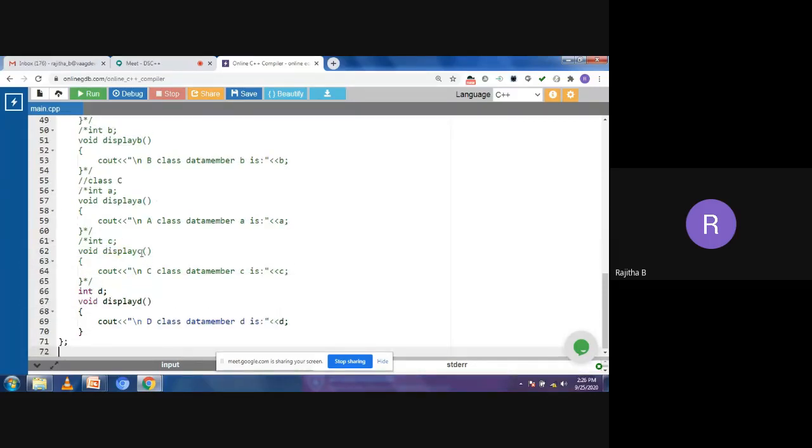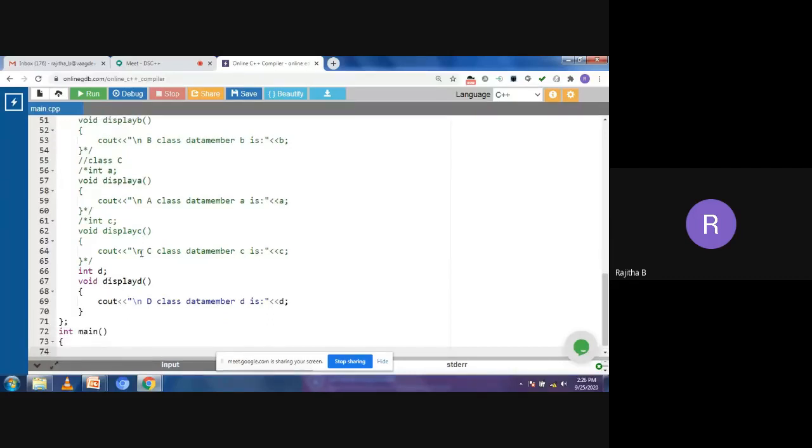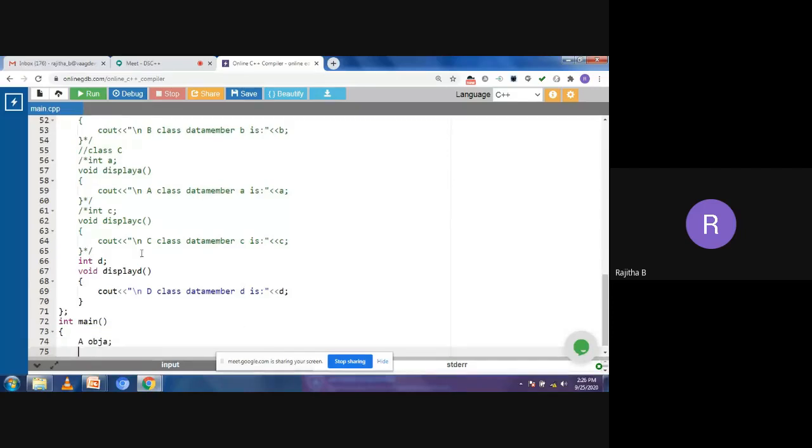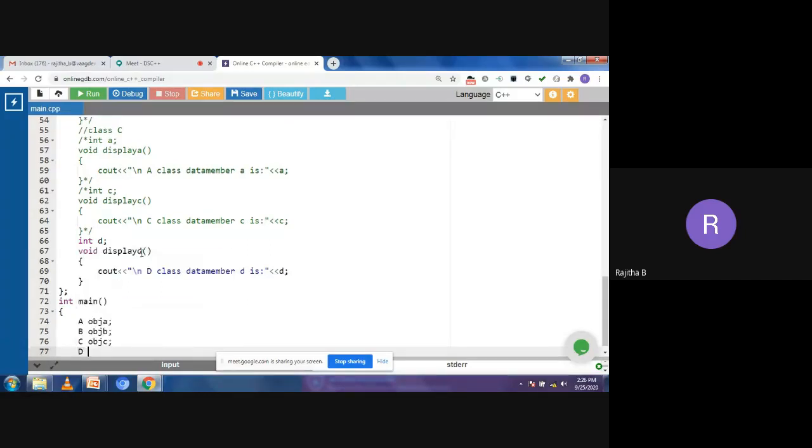Before that, let's go to the main part. In the main function, take the objects here. I'm creating an object for the class A, obj A, an object for the B class, an object for the C class, and an object for the D class also.